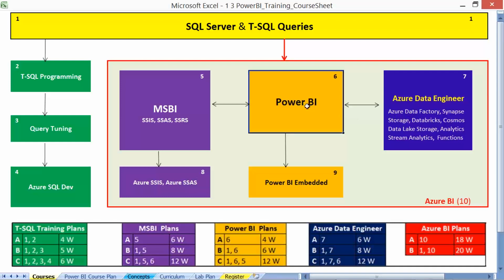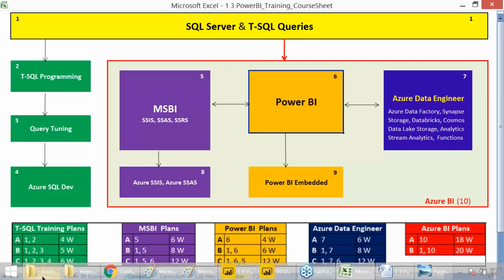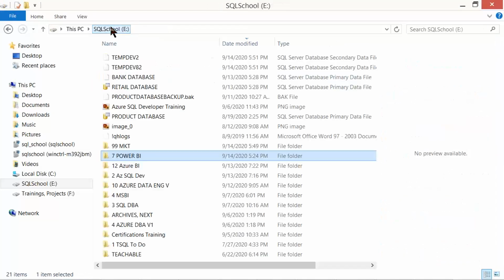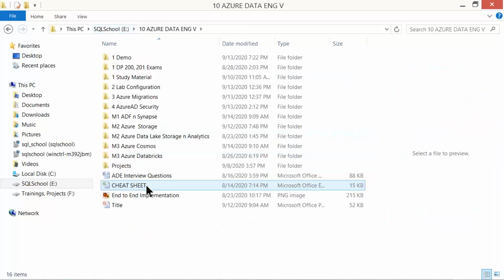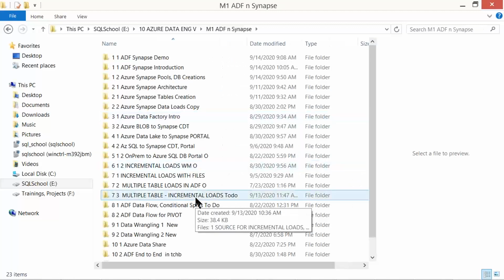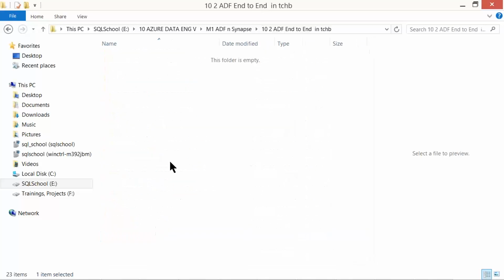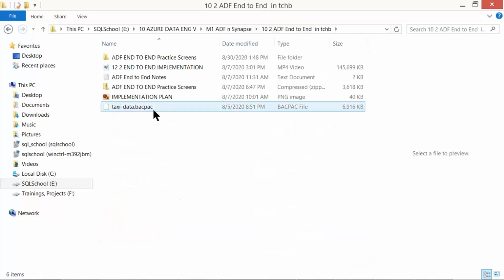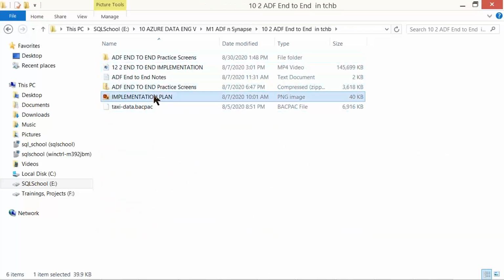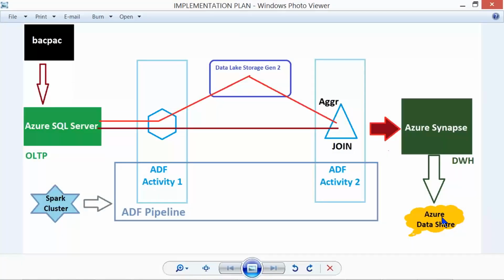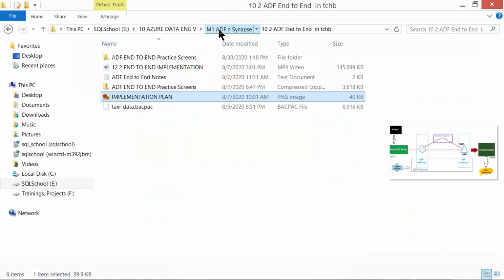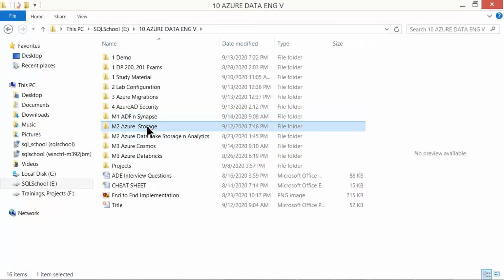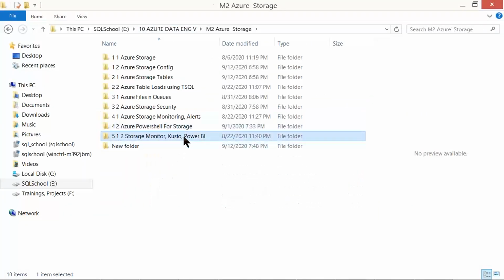The greatness of Power BI, let me show you this way. The Azure data engineers and data scientists will be using Power BI in the end-to-end implementations. The end-to-end implementations involve the Power BI environment, the yellow part, and even storage involves Power BI.